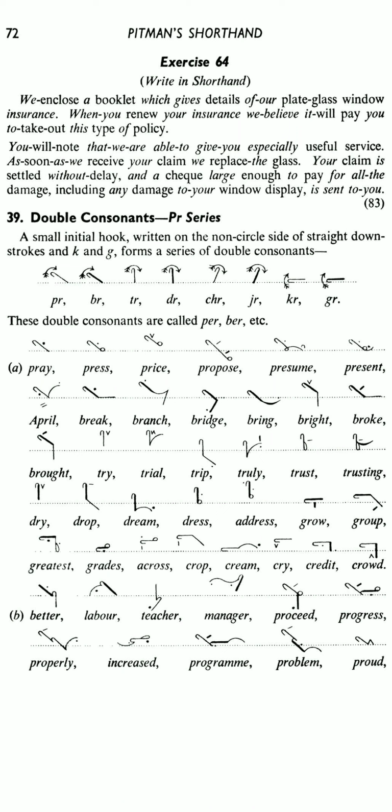Presume, per a circle M on the line, light dot on the second place of P after it and U diphthong is used here on the third place of M before it. Present, per a circle N halved for T, light dot on the second place of P after it and heavy dot on the second place of N before it. April, per on the line and upward L is used here and double tick underneath for the proper noun. A heavy dot on the second place of P before it and light dot on the third place of L